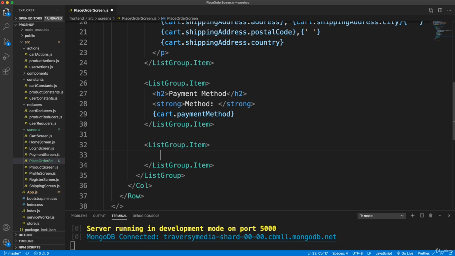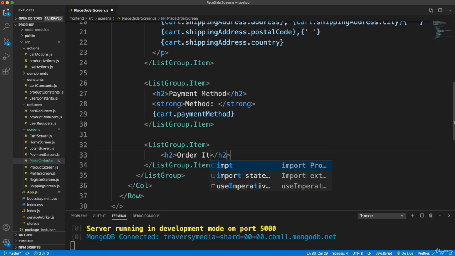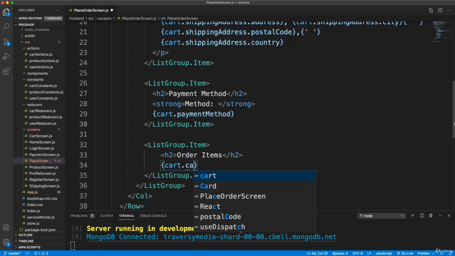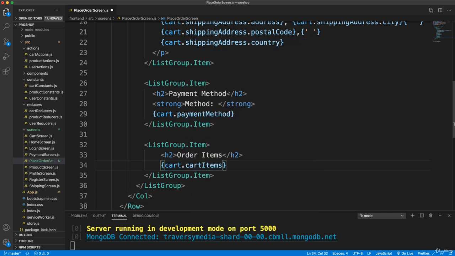So in this list group item, I want to show all of the items that we're ordering. So we're gonna just put an H2 here and say order items. And then we need to do a check here. We want to check to make sure that there's items in the cart. So let's say cart dot, and then remember we have cart items, which is an array of the items in our cart. And we'll say if the length of that is equal to 0,